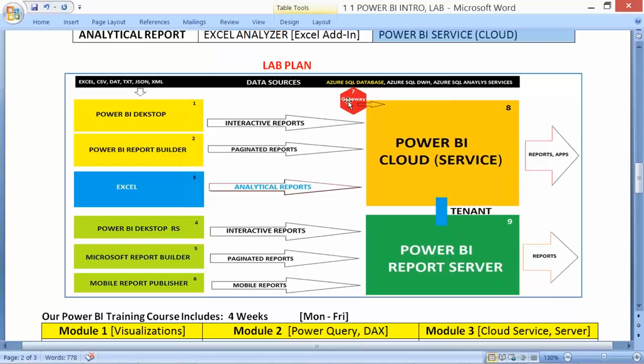So the difference between 8 and 9: 8 is for the public world. Anyone can access, everyone can access with the username, password. We have reports and apps. Power BI Report Server, our number 9, is more secured, with only reports, no apps, no dashboards, only reports, and within your CorpNet, within the corporate network of your organization.